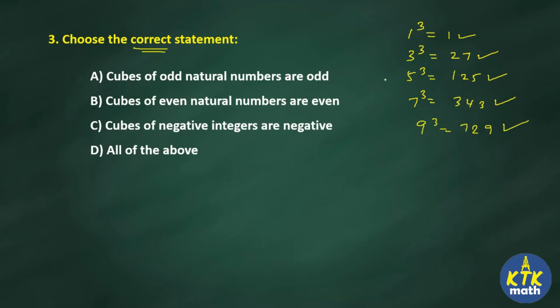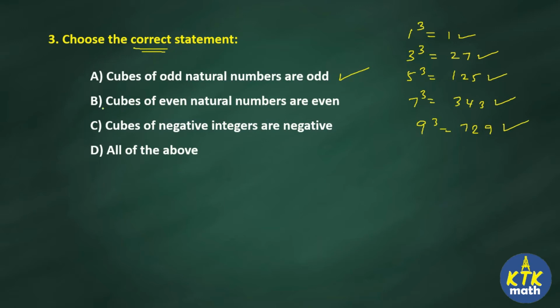Is it enough to check only with these numbers? Yes, we can, because all the odd numbers are going to end with 1, 3, 5, 7, 9 only. Therefore, again you are going to arrive at odd numbers. So cubes of odd natural numbers are again odd natural numbers. So option A is correct. But don't leave, because why am I saying you check option D, all of the above. Sometimes you may feel that if option A is correct you will move on to the next question before checking the remaining options. You need to check the remaining options also when you have an all of the above option.